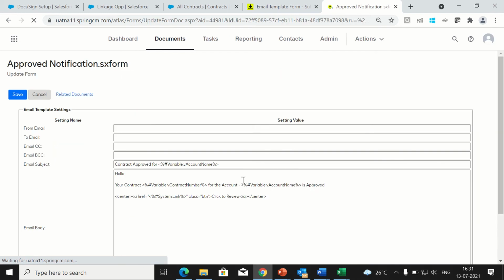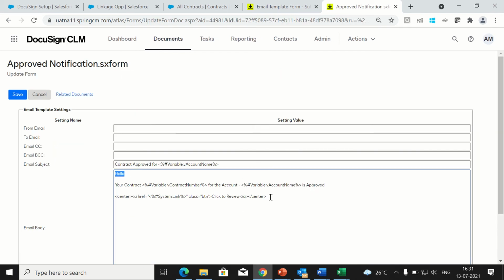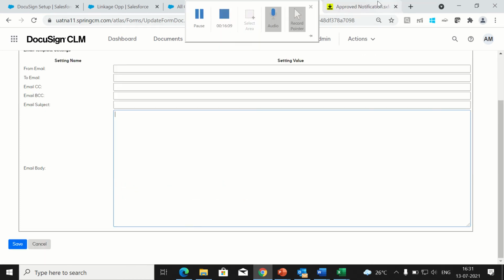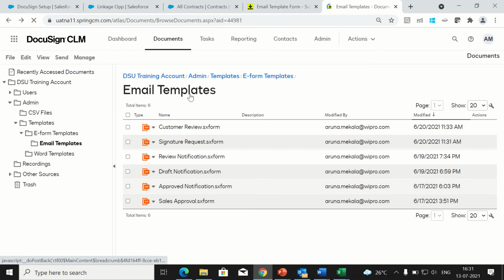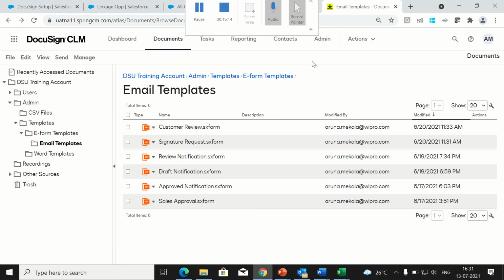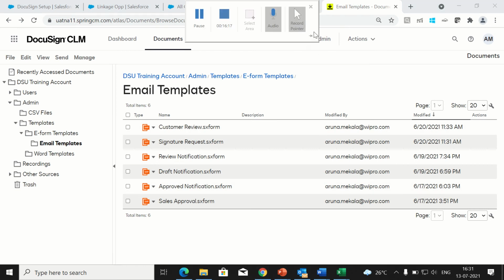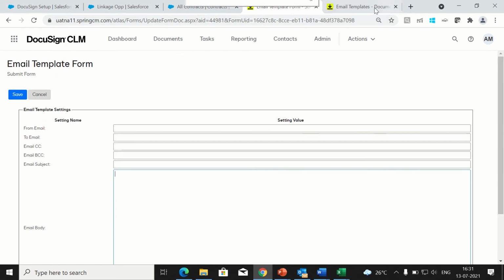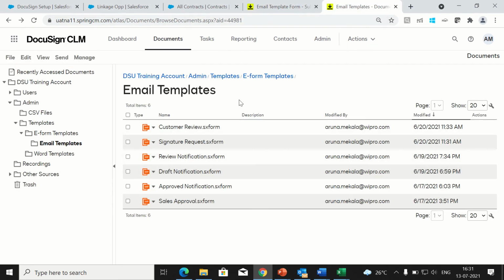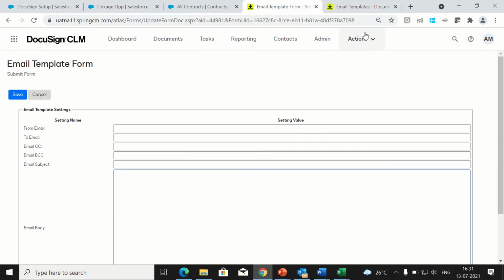This will go to the customer when their contract is approved. And similarly, we have these many SX forms in this email template. Okay, and this is about it.